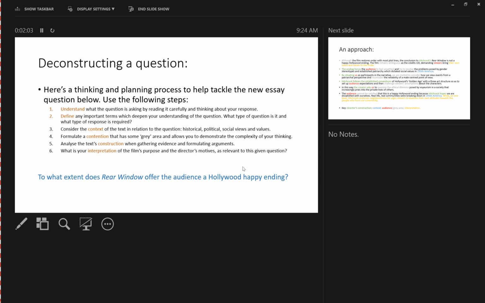To tackle a new essay question, firstly we must demonstrate that we understand. We need to get to understand what the question is asking us. So firstly, for that minute, I'm going to ask you to read and think, no pens, just read carefully and allow your brain to do its job and think about what you're being asked to do. If you're writing at this point, then hesitate. I want you to just focus on these written instructions.